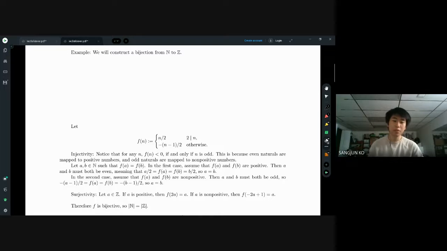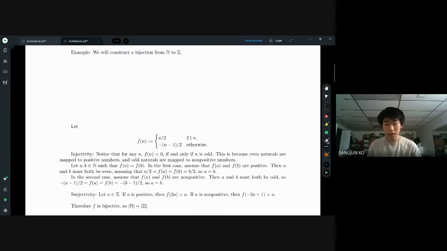Okay, so let's show injectivity. If you have a and b in n such that f of a is equal to f of b, if they're both positive, then they must both be even. Then a over 2 is equal to f of a equals f of b equals b over 2, which means a equals b. Otherwise, if they're non-positive, then they must both be odd. Then you can still set up this equality, and if you rearrange those two expressions,